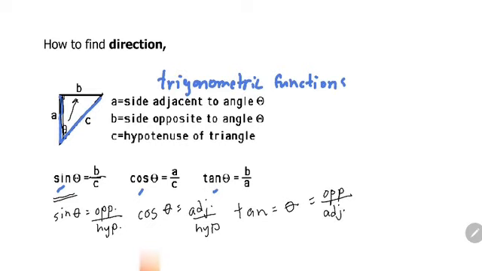Okay. As a mnemonic device, sine, opposite over hypotenuse. Cosine, adjacent over hypotenuse. Tangent, opposite over adjacent. So, SOH-CAH-TOA. Okay. Later on, this will make more sense kapag